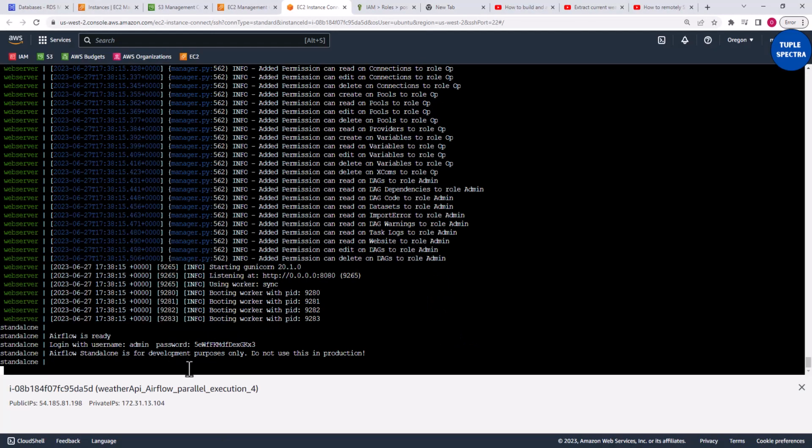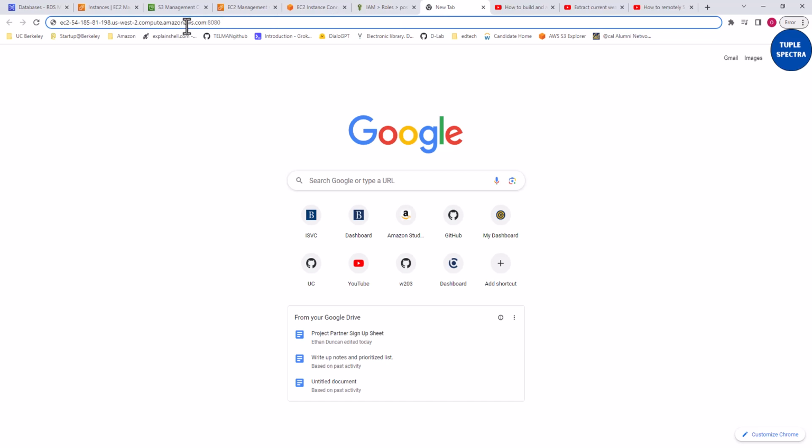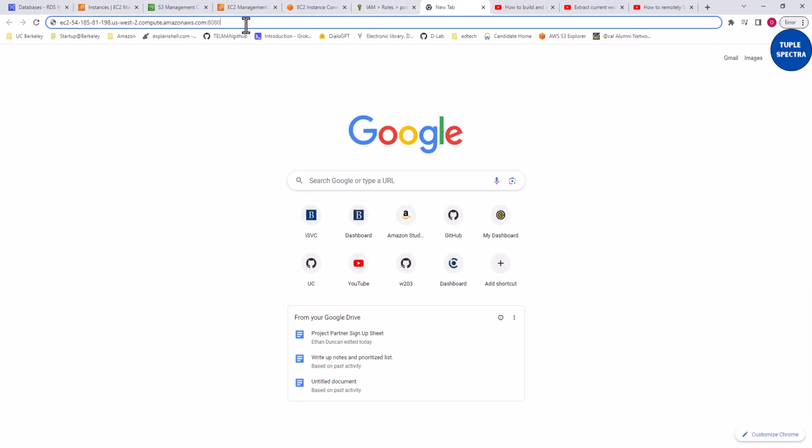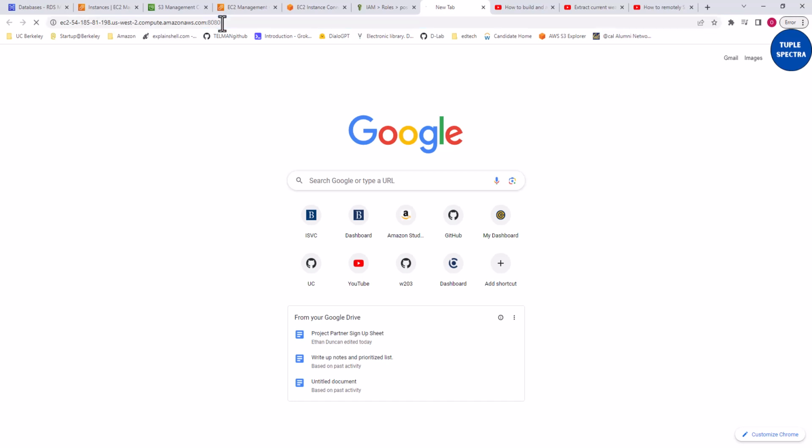So let us come back to this. Very good. Now this has run. You can see that right here it gave us a login username, admin, and it also gave us a password. Take note of your password and your username. Now let us go back to the tab that we created. Remember that I came to this EC2 and to this public IPv4 DNS. I copied this, opened a new tab, pasted it, put a colon and then 8080. Why did I put 8080? That is the port that airflow is going to be running on. Then if I click enter,